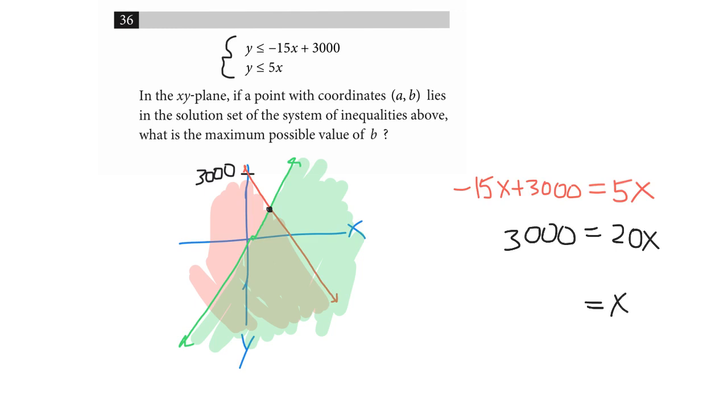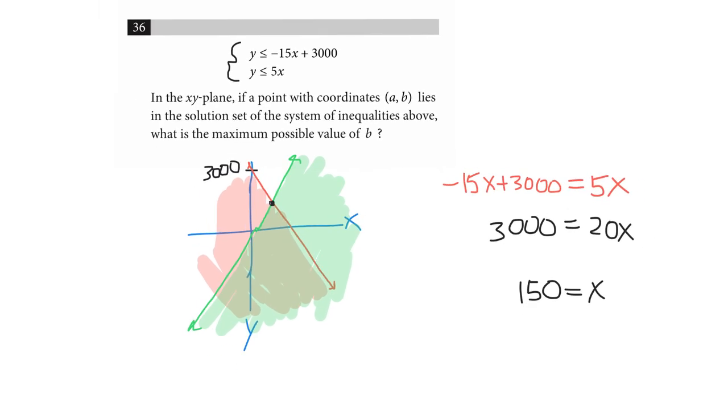Dividing both sides by 20 gives me 150. Now, in order for me to know what b is, we just discovered what a is essentially. It's 150. And in order for us to know what b is, all we have to do is just pick one of these and plug in 150 for x. So I'm going to choose this bottom one because the bottom one